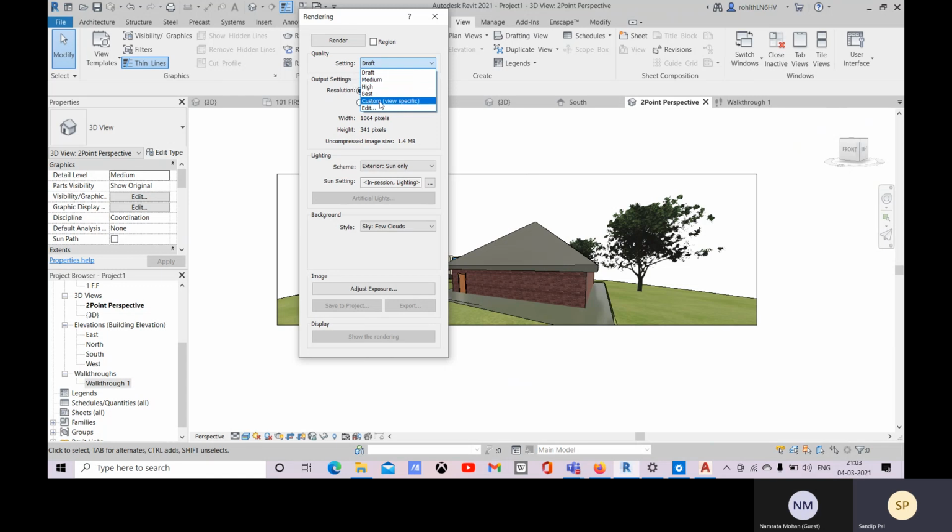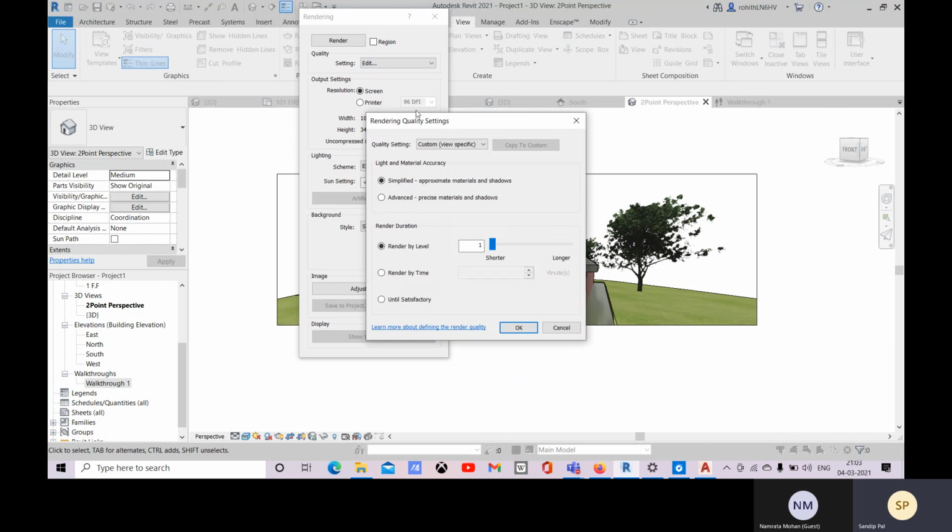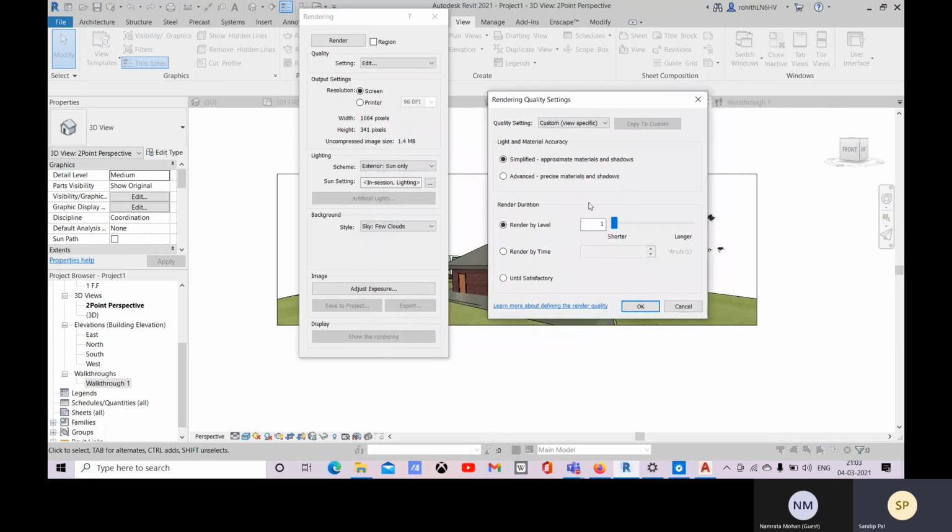You can also choose custom, which will be view specific, where you can specify the render level, how much level you want to define, and accordingly it will create it, and render by time to satisfaction.